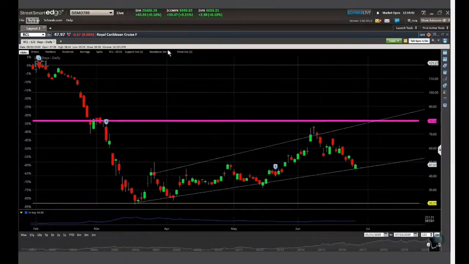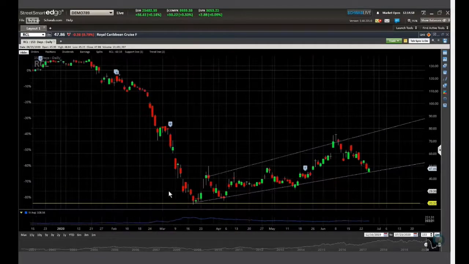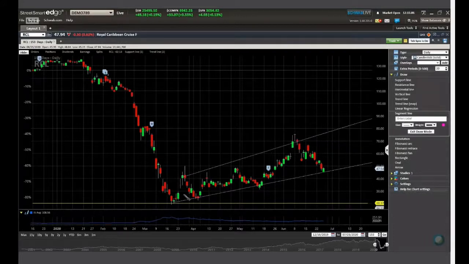So I'm going to take out that resistance line. I'll leave that trend line on the bottom, that support line there, just to see what happens. But here's what you're trying to do with this. Similar to the measured move, you're looking at the height of your range, up, down, okay? Now, you could math this thing out, or you're like me and you just said, you know what, I'm just going to let this software do it for me. Great. Grab these segment lines and make them work to your advantage.